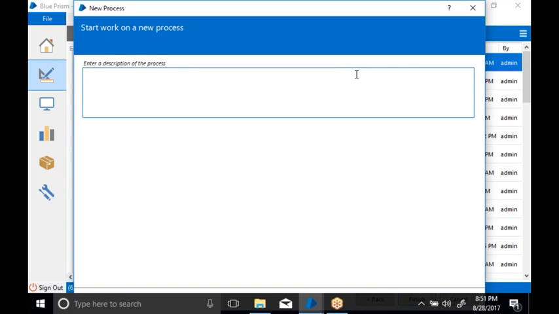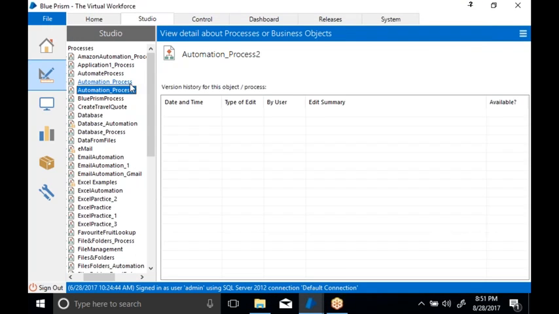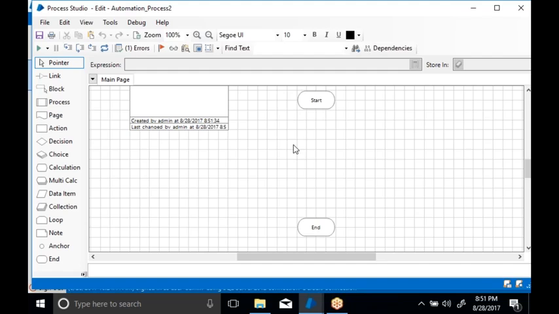Now click on next, and it will ask you for the description. Description is nothing but why you are automating. That is the main description of your project. Now click finish. Just open this. This is the UI of your process studio. It will look the same as the object studio, but here you will have a main page, and in that you will have three default pages: initialize, cleanup, and action, where we have created an action renamed as login and launch.